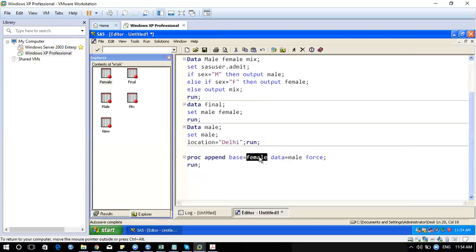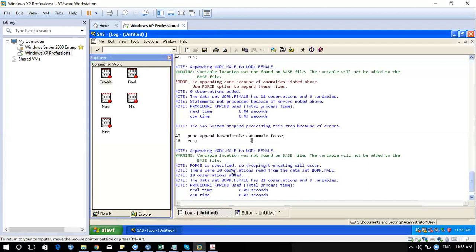What is extra in your male, I won't take into account. So location I will drop with the force keyword. I'll do appending, but location is not required for me. So whatever variables are similar to the female variables, take them into account and give me the merged data. Now if you run this query, no error will be there in the backend.